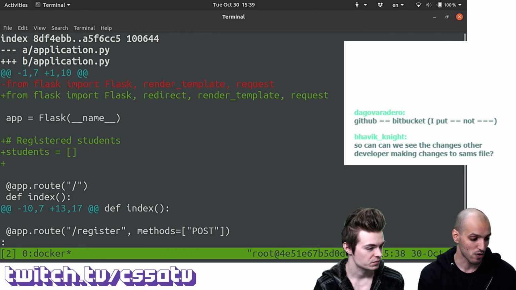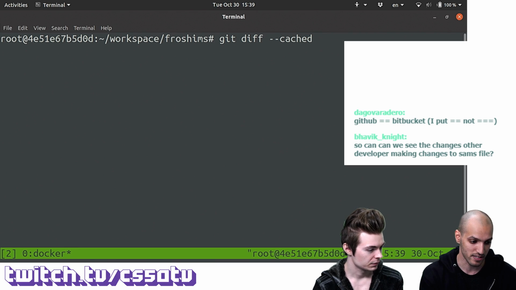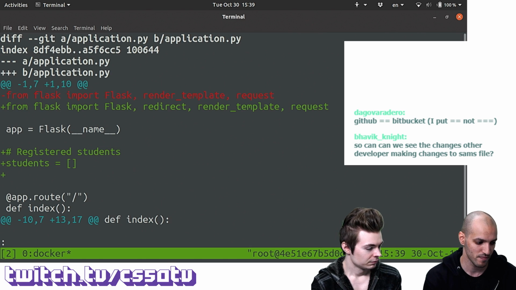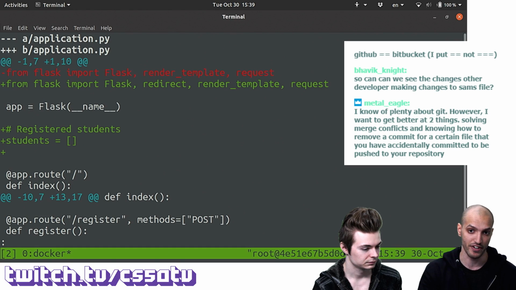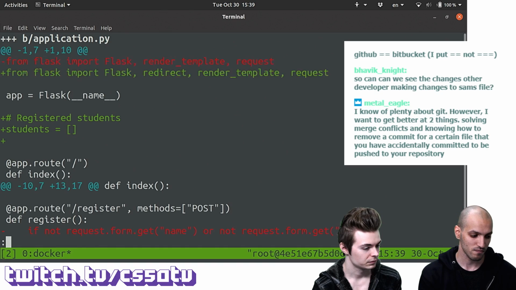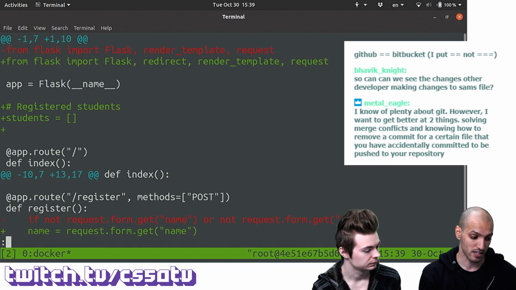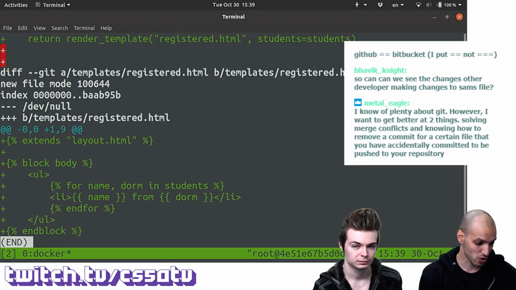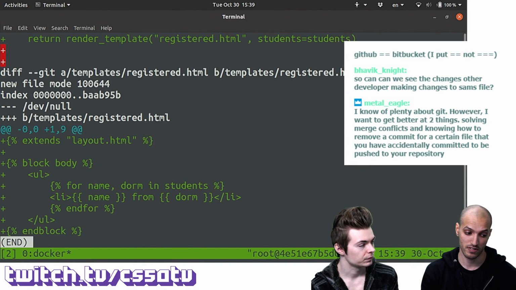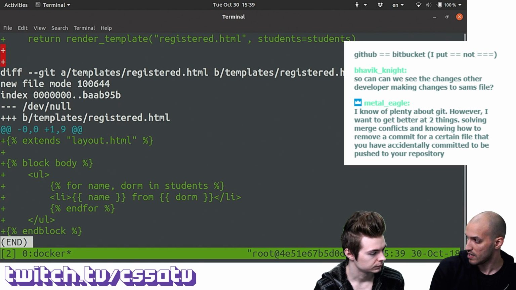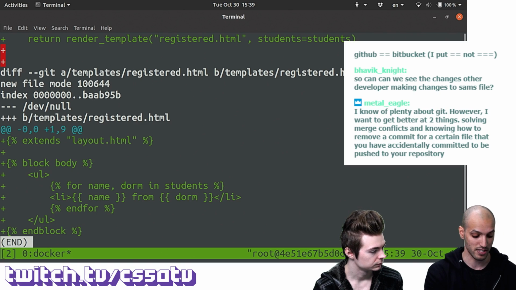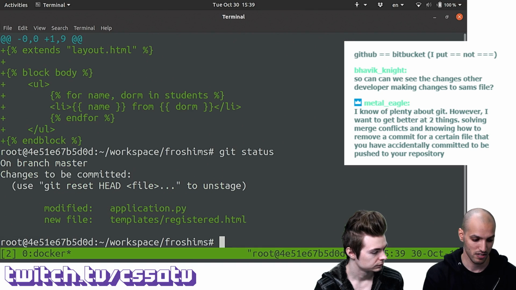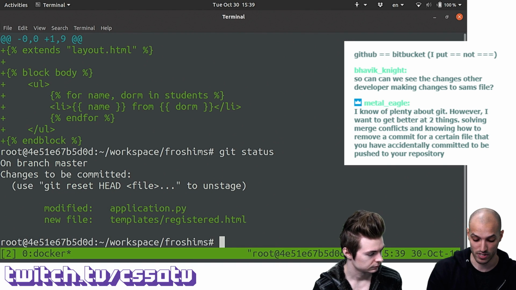Okay, so now, once again, we ran git diff --cached. This could also, I believe, be --staged. Yep, it's going to show me the same thing. It compares the changes that I have in my staging area right now to the repository. And notice now that it's also listing information about templates/registered. Previously, it didn't show anything when you just ran git diff in the working directory. This is because now it is in the staging area. So it's a new file added to the staging area.